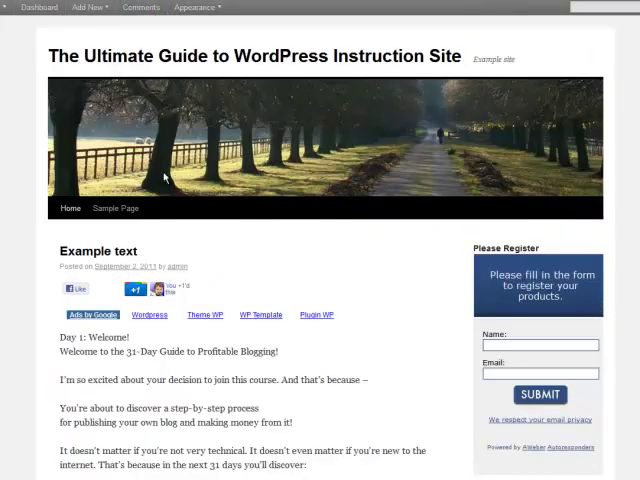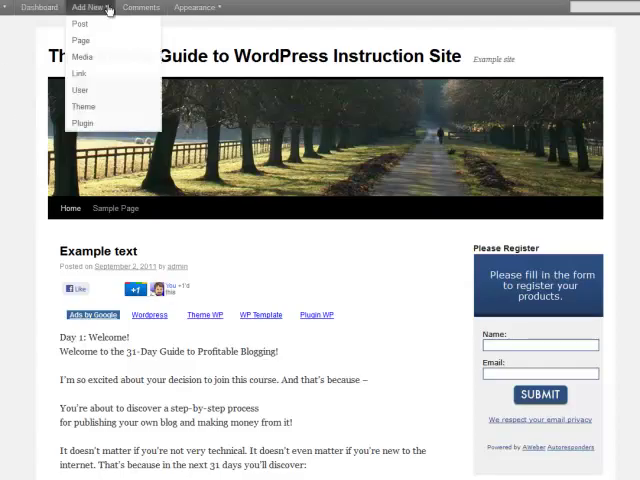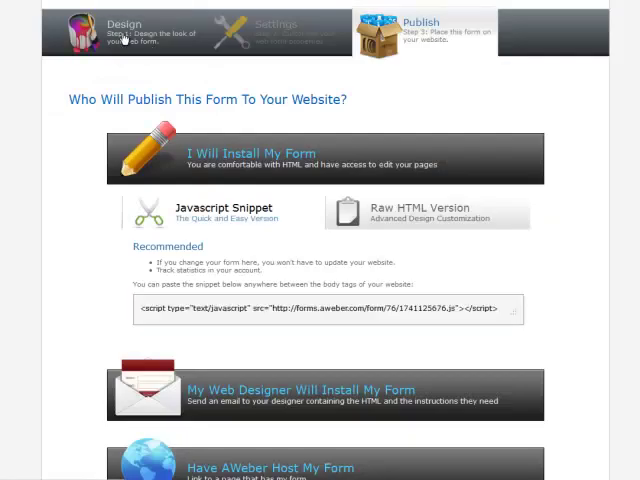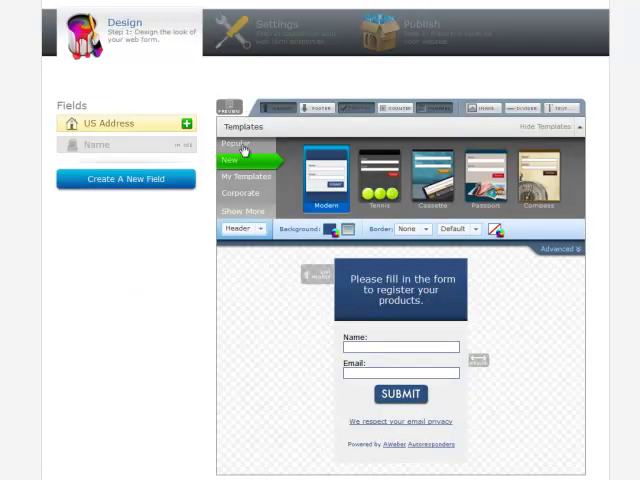Okay. Now there are some really cool plugins that you can get for WordPress that give you a pop-up. That's really cool. Now Aweber does pop-ups as well. If you go back here,